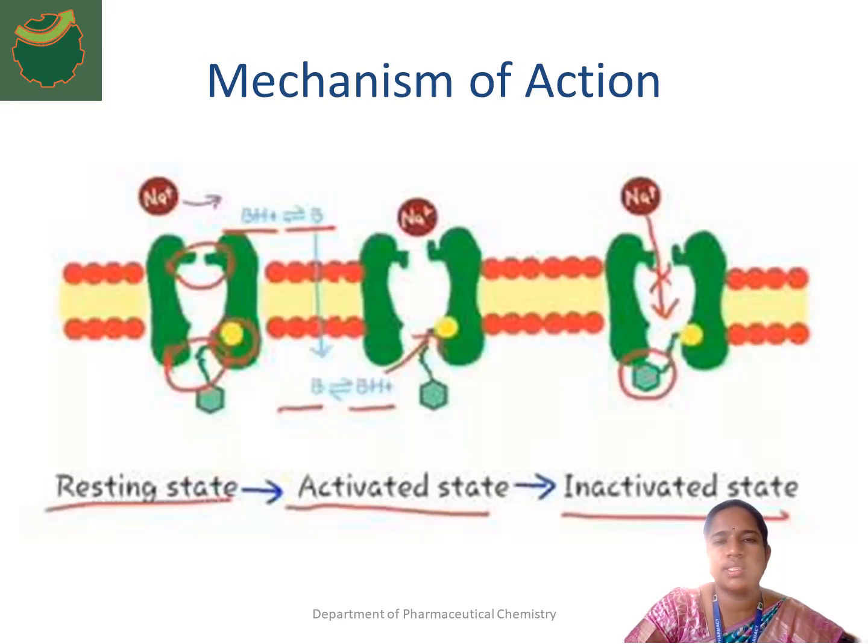This is the local anesthetic receptor. So it's already here. Now slowly this local anesthetic will go and bind to this receptor on the sodium channel. So what happens is the channel will be closed. There is no influx of sodium. When there is no influx of sodium, depolarization is not done and the impulse is not produced. Because of that, you will lose sensation. So this is the mechanism of all the local anesthetics.